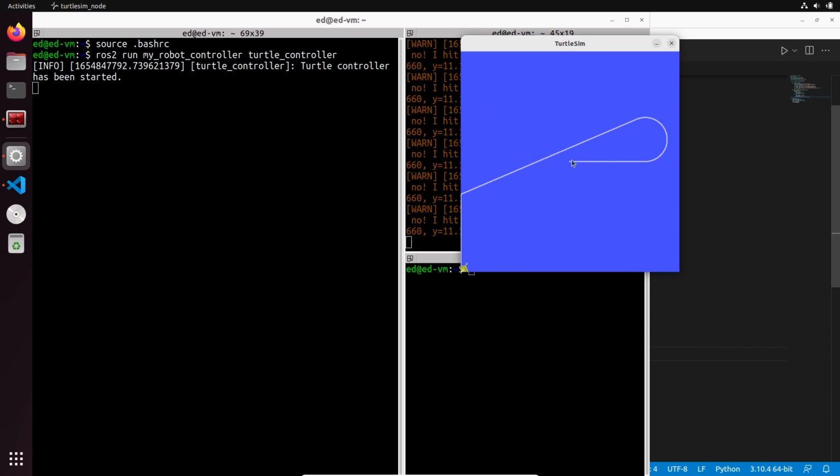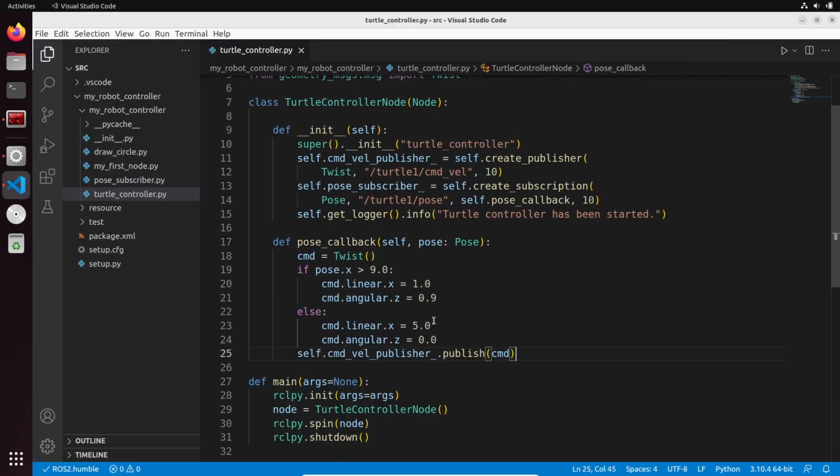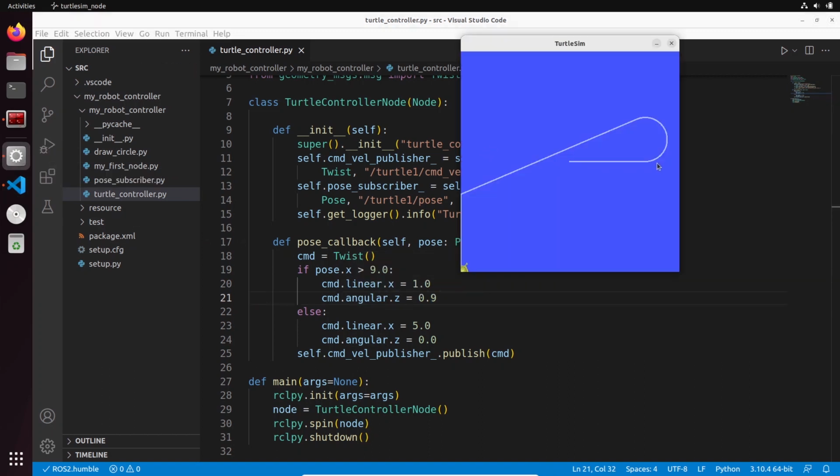So as you can see here, the turtle was going forward because the x is lower than 9. When x reaches 9, we change the command. So instead of going at 5 speed on the x-axis, we go to 1, and then we also add an angular velocity. So the turtle is going to turn until, well, actually until the x pose is lower than 9, and in that case, we just continue to go